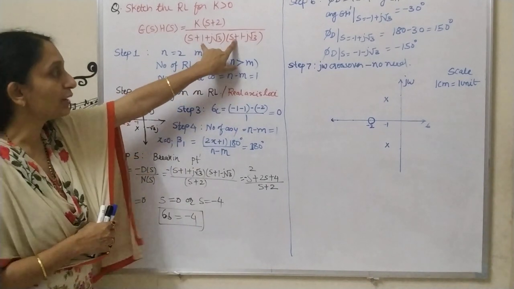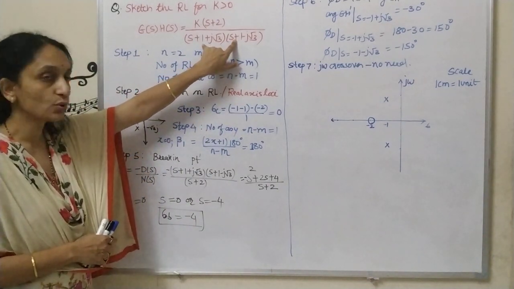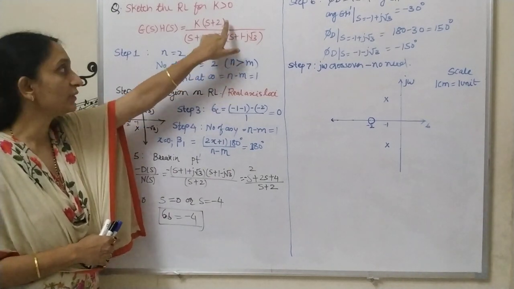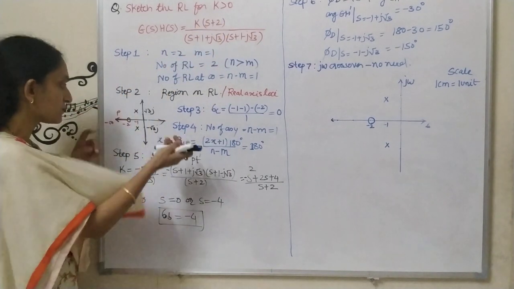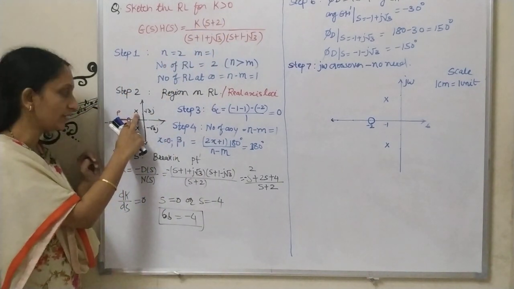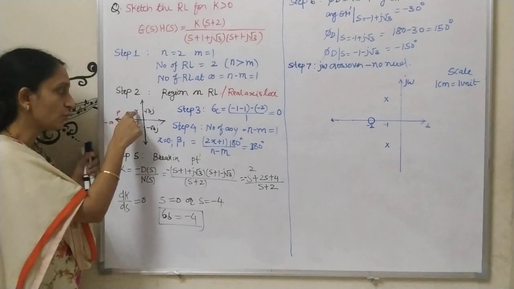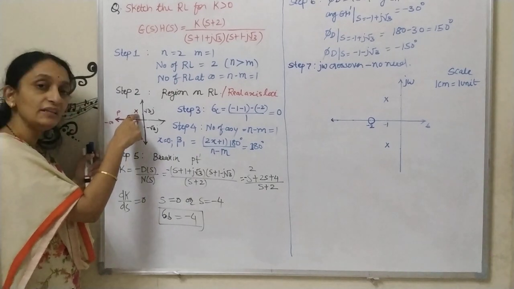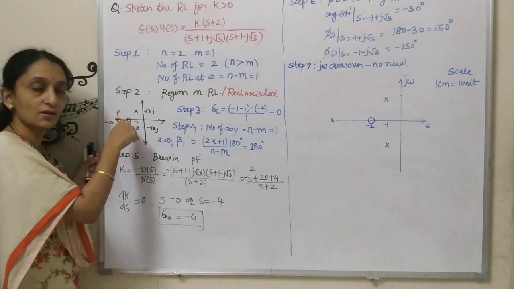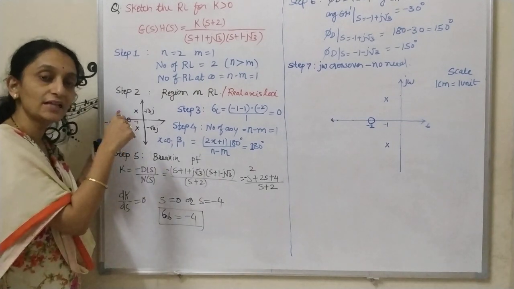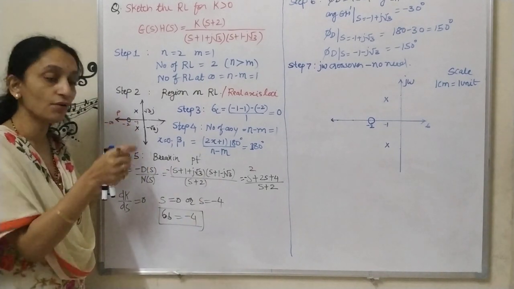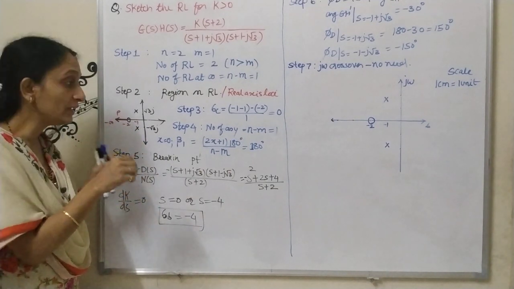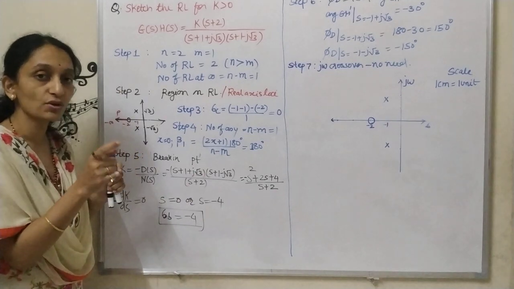Out of these two poles, one root locus will start with one of the poles and it will terminate at the zero. Suppose I am assuming that this is the pole from where the root locus is starting. So the root locus will start with this pole and terminate at the zero, so it needs to enter the real axis. What is a breakaway or break-in point? That is nothing but the point of intersection of the root locus with the real axis, and we need to calculate that point only if adjacent poles or zeros are there.